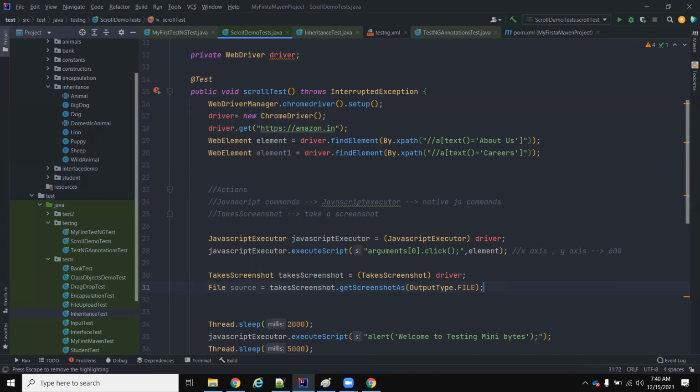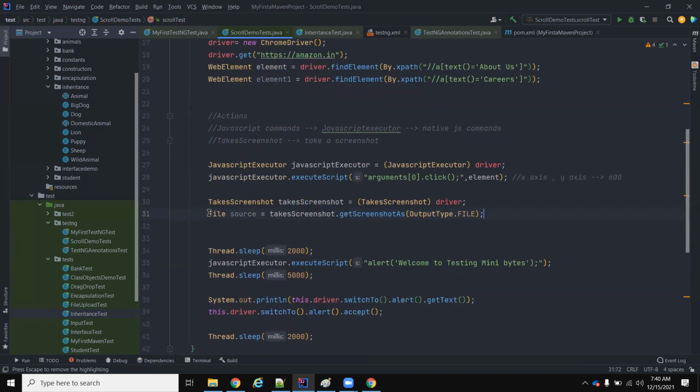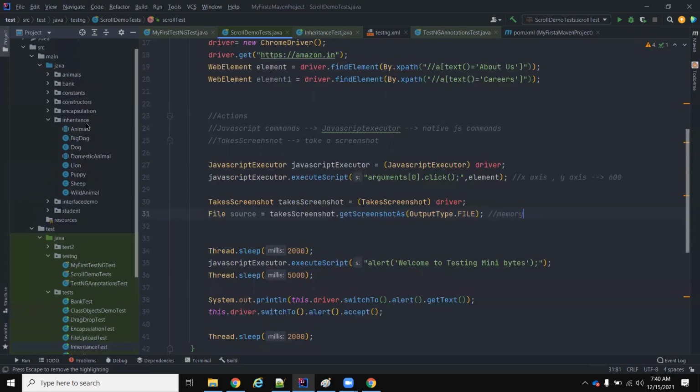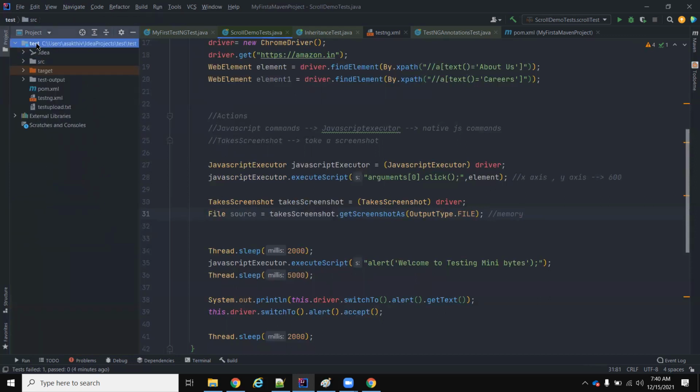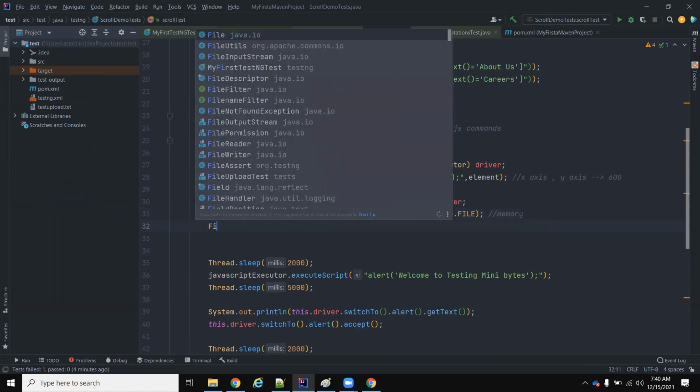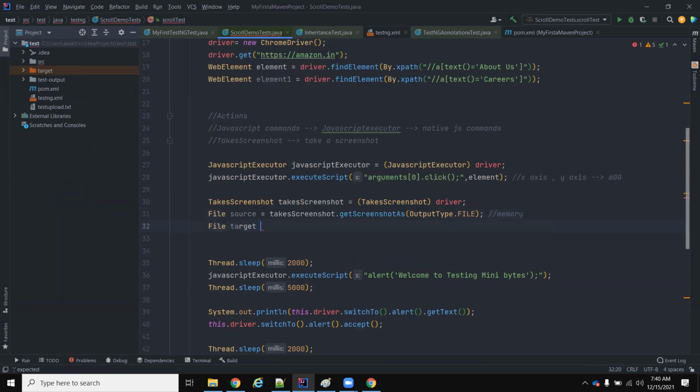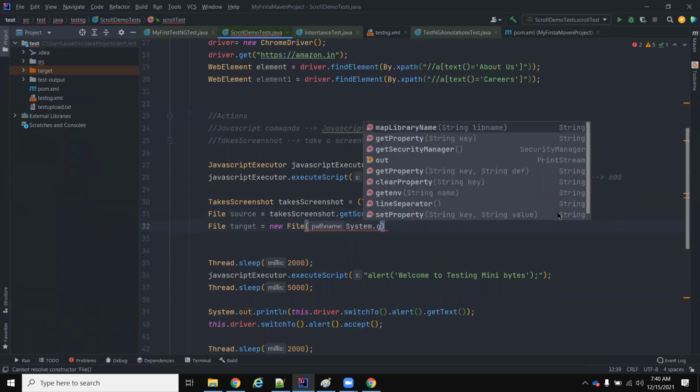So now we have a screen, we have taken the screenshot, and it is stored in the memory. Somewhere in memory it is there, but I want to see it in a particular location. Let's say I want to see it in the test folder. Now let's also create a target location where we want to store it. I want to create a new file in my current directory,